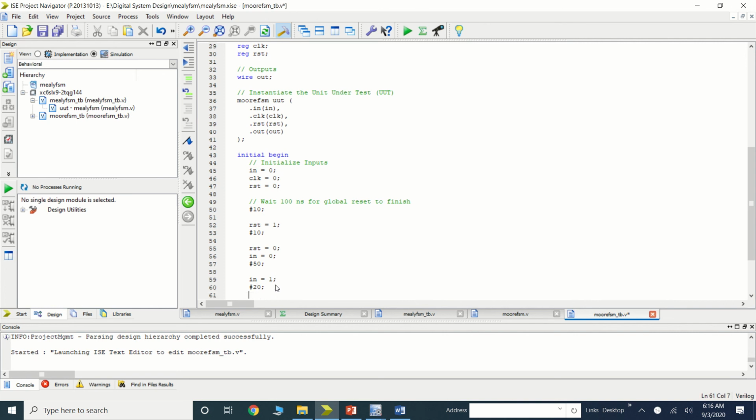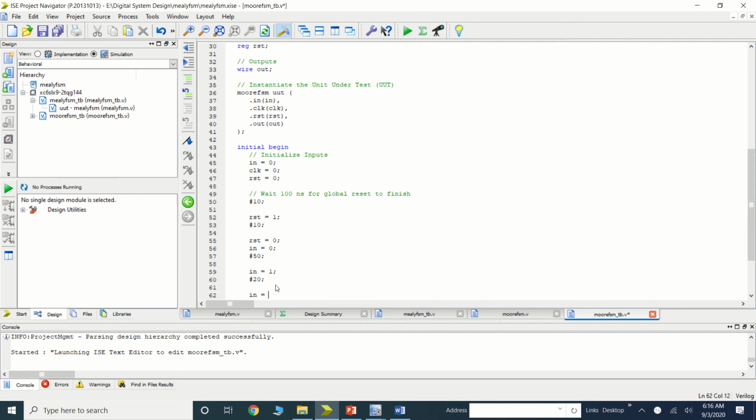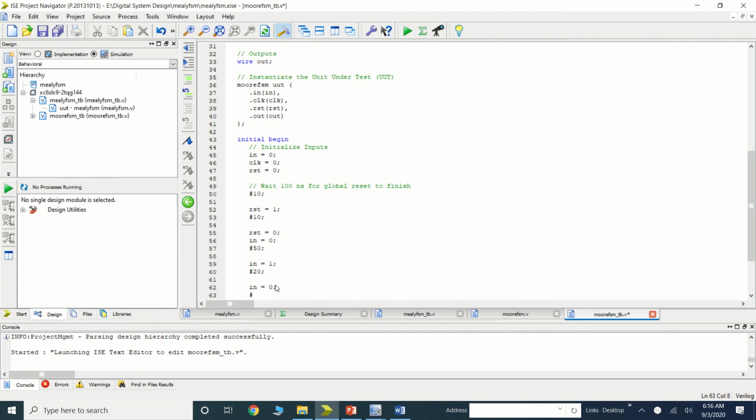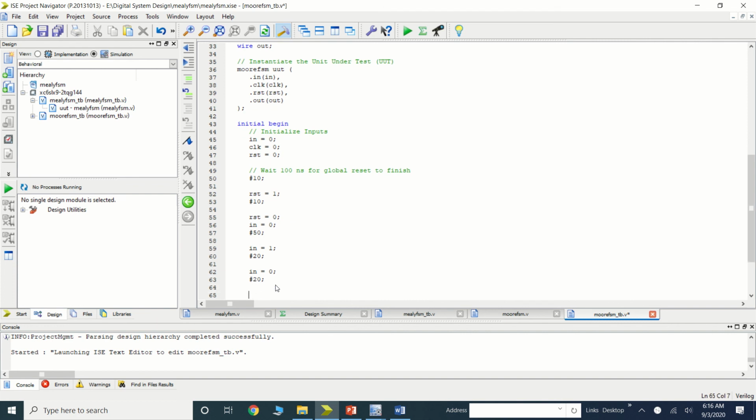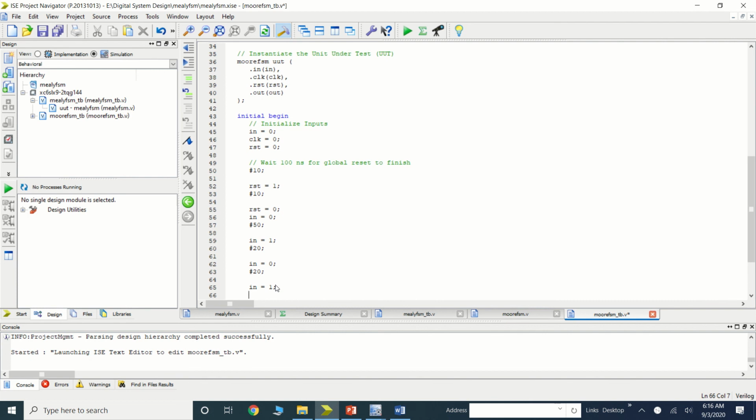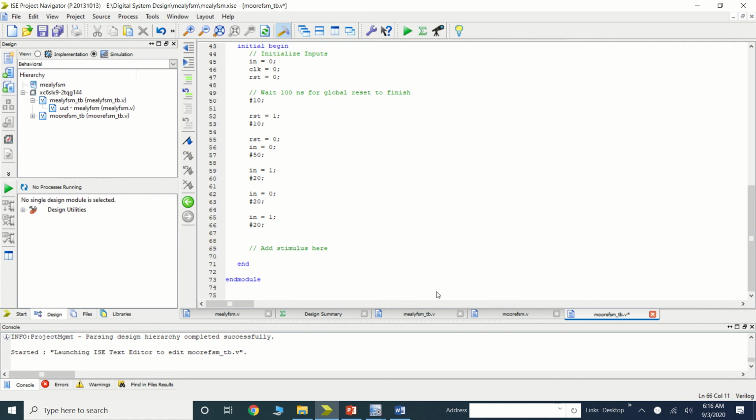Let's apply for 20, then the 0, then input 1, 20. Okay, so here we have applied the input. Now let's generate the clock. Always clock, you can set the duty cycle of the clock by changing this time period.